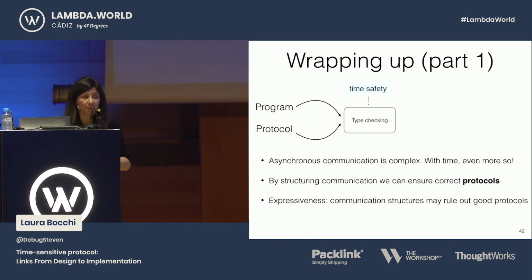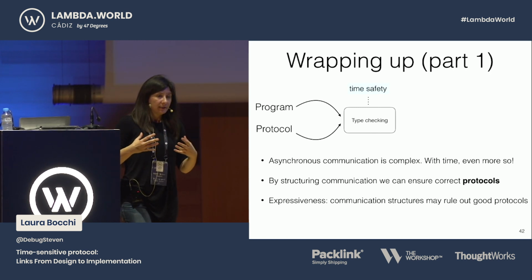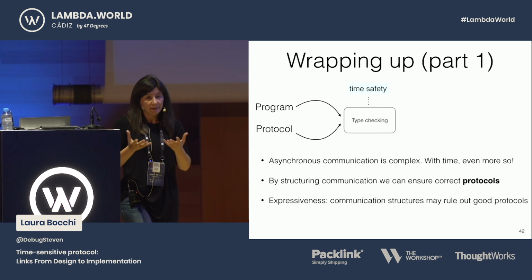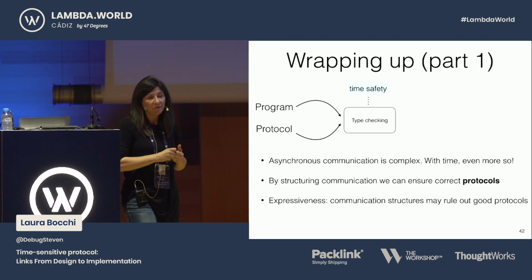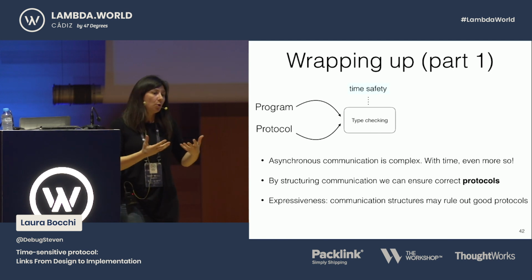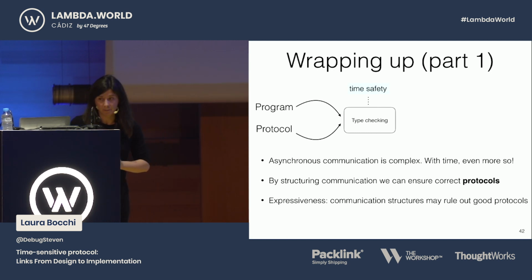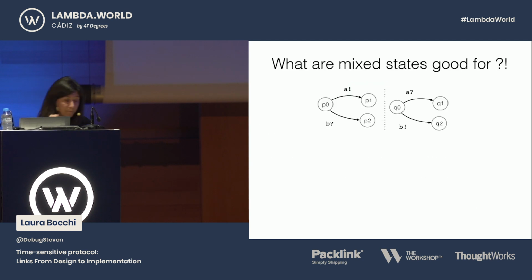There is an issue of expressiveness there, since the decidability of properties in the asynchronous scenario is a fact. All the solutions that I gave you are not complete, so they all rule out protocols that are correct. This is unavoidable. For example,